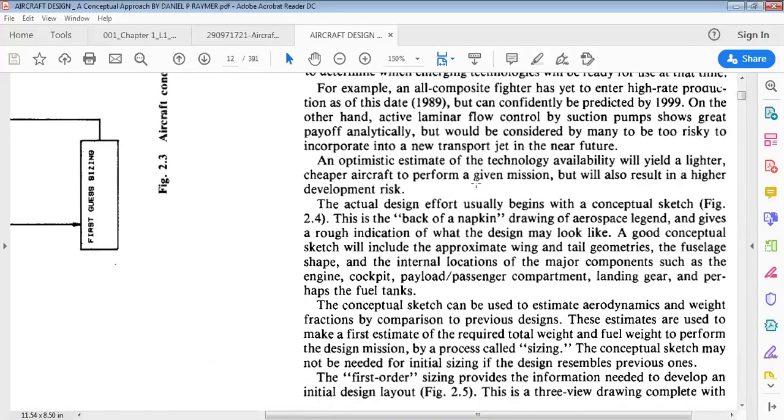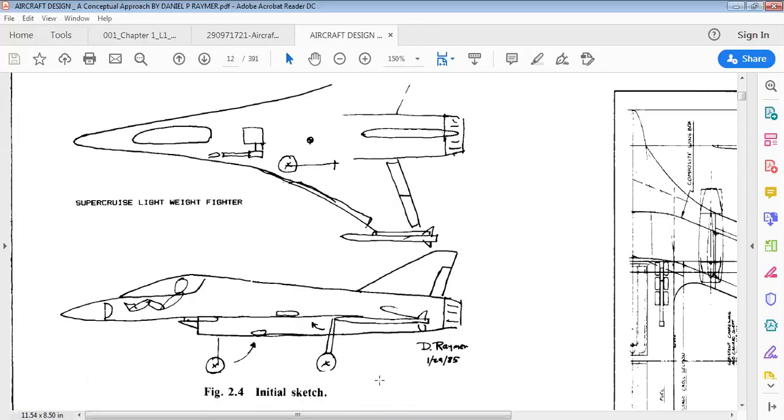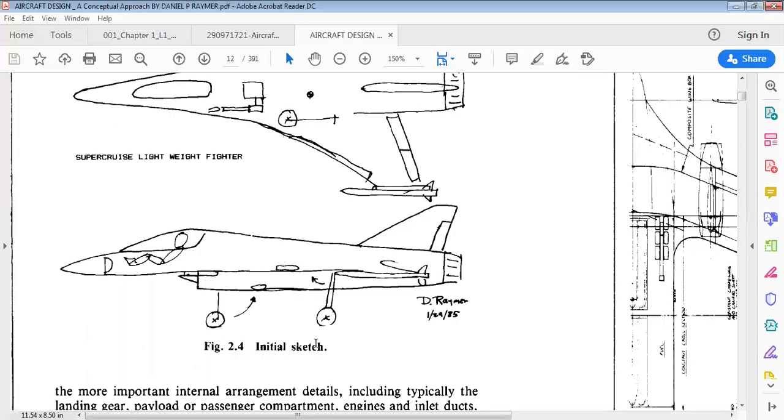In the concept, I will take up the aircraft. You can see where the pilot will sit and how the aircraft looks. We draw this rough sketch on paper. Then I will understand what type of tail it should have, where the landing gear should be, and where the CG should be located. These calculations are all done in the conceptual design itself.